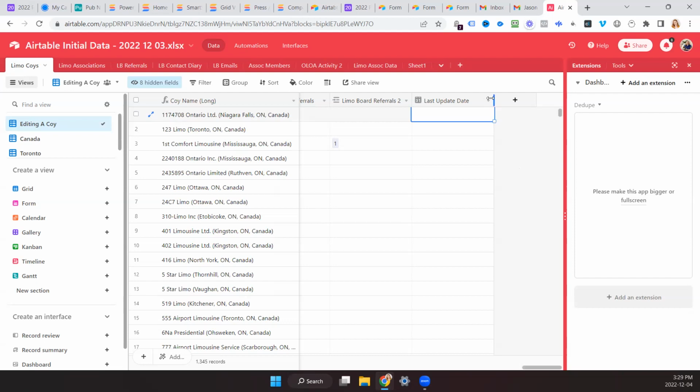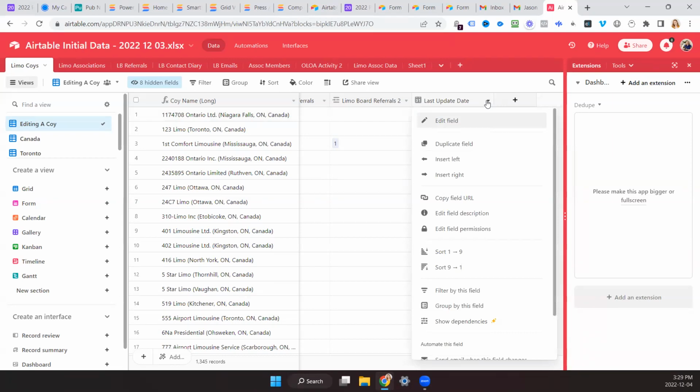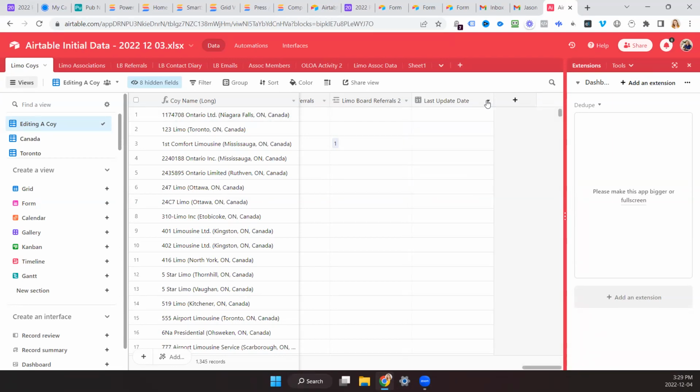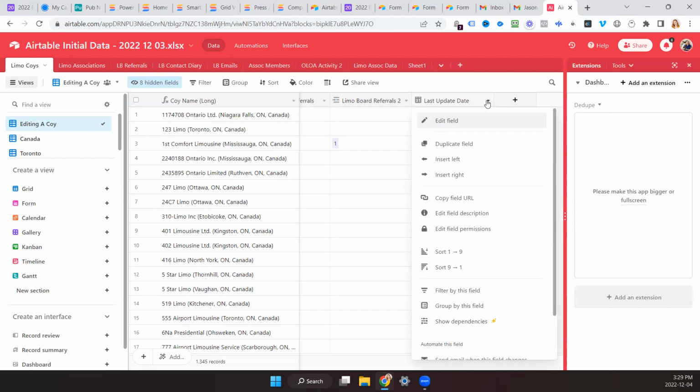So I wanted to make an automation that whenever a field in that row is updated, it would update the last update date. Okay. So if I was on that row that's starting with like 117,4708, if I edited any information on there, today's date would come in the last update field.